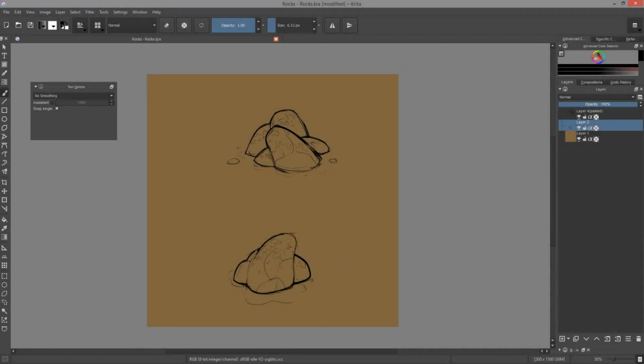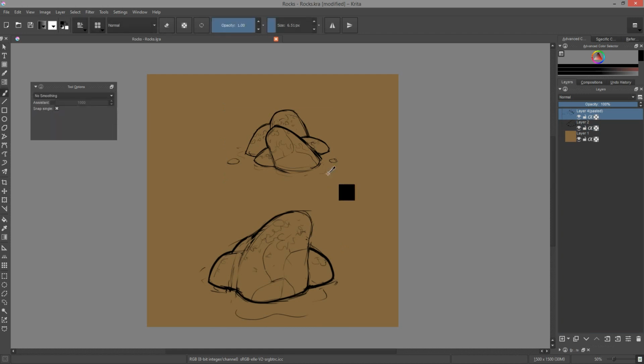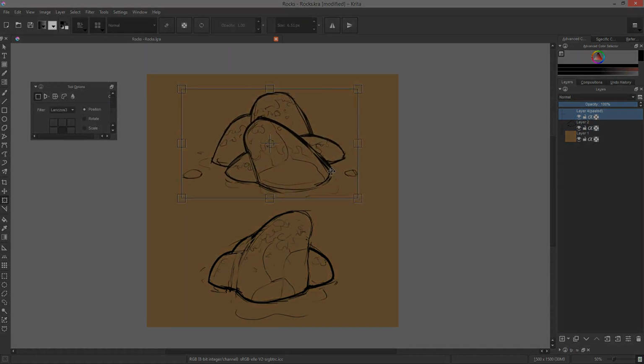Out of these thumbnails, I'm selecting 2 sketches to refine. I'm going to detail them a bit before I pick a final composition. You can see that at that stage, I'm using the outline selection tool along with the transforms quite a lot. It's a good occasion to use the M key to mirror the canvas. That is one of the best ways to ensure that your sketch is balanced.